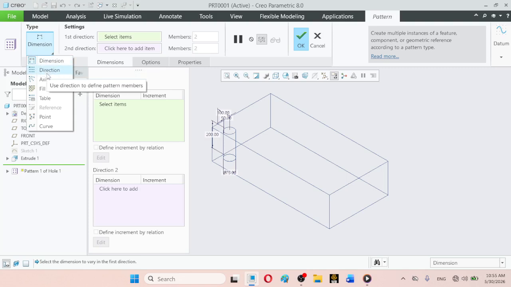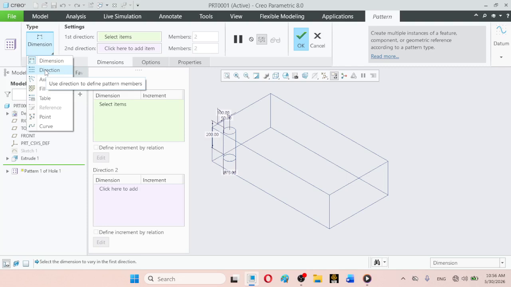Remember, both the dimension and direction types are used for rectangular pattern.